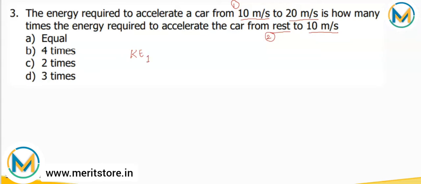Kinetic energy for the first condition is equal to half m, and since we have the change in velocity, it would be v2 square minus v1 square. We don't know the mass, so we'll keep it as it is. Then v2 is 20 and v1 is 10, so it is 20 square minus 10 square,